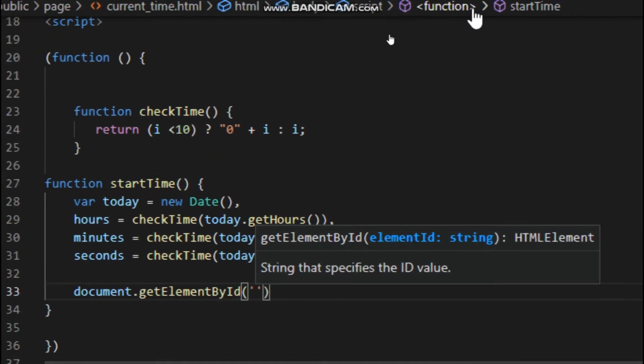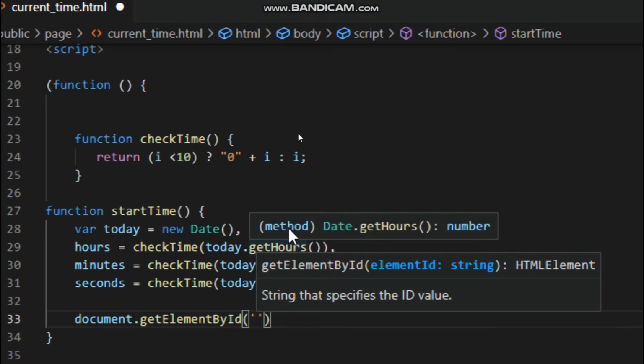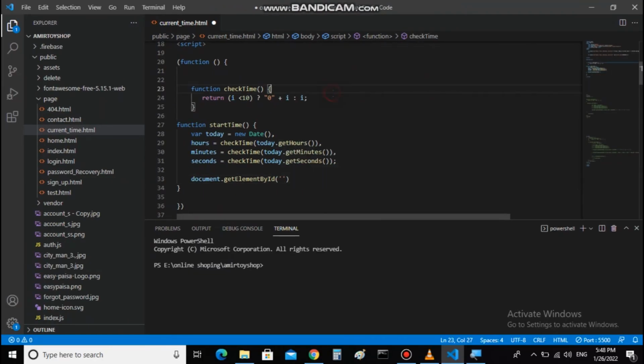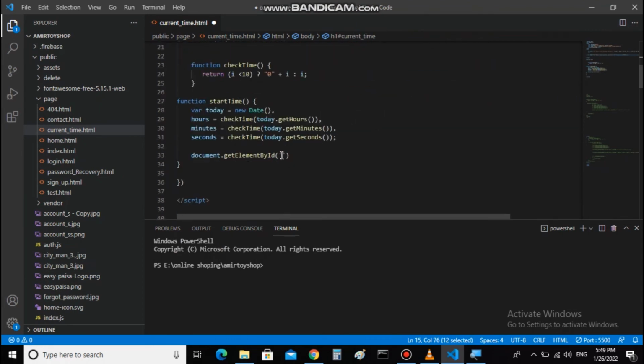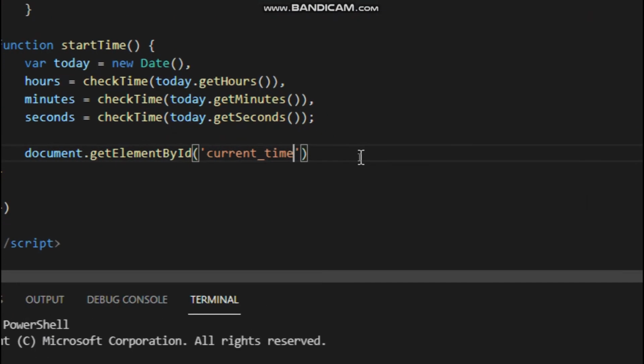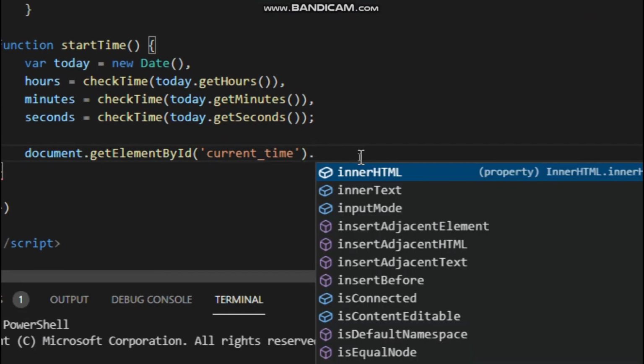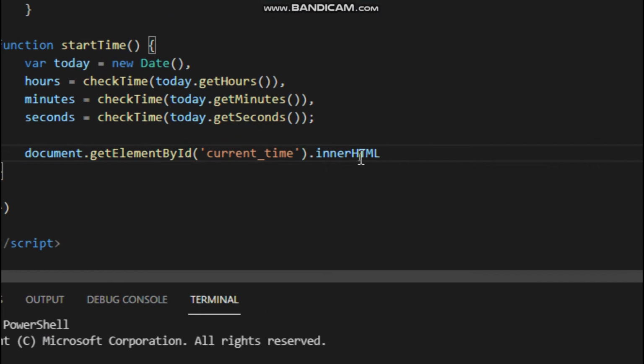You can type window minus, okay, double click and Ctrl C to copy, and come here between the inverted commas, Ctrl V to paste. Okay, window plus, hit the end button and press dot and innerHTML, and is equal to